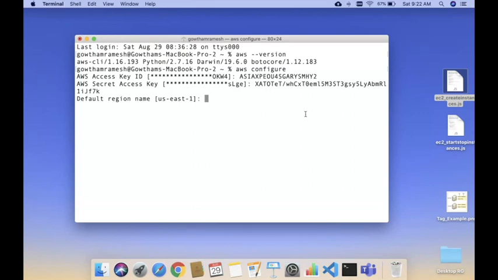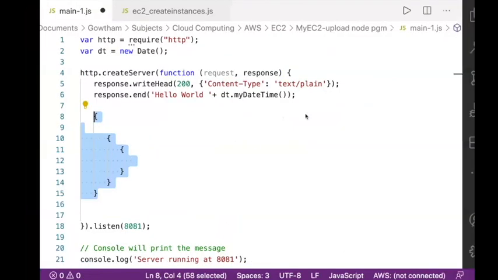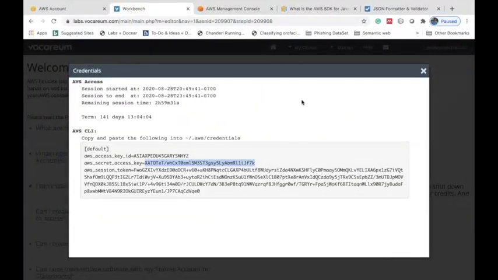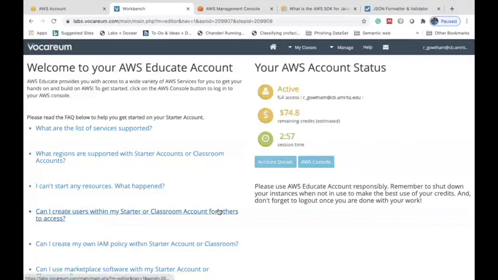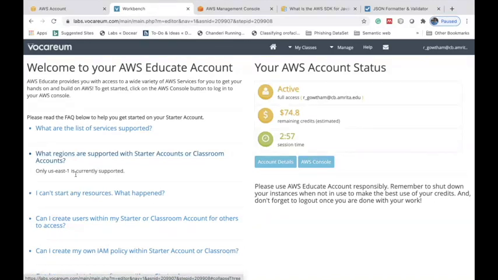What is the default region name? From an Educate account, you cannot access all the regions which AWS supports. You are restricted to only a specific region. How do I get the AWS Educate region? Go to the browser and click on the second FAQ. It clearly shows that only US East 1 is currently supported.